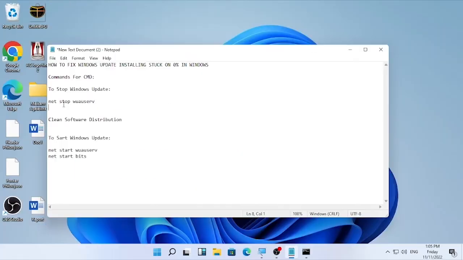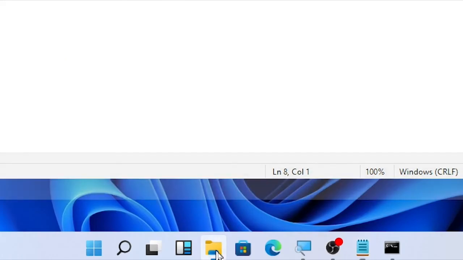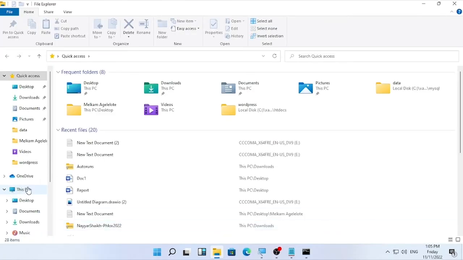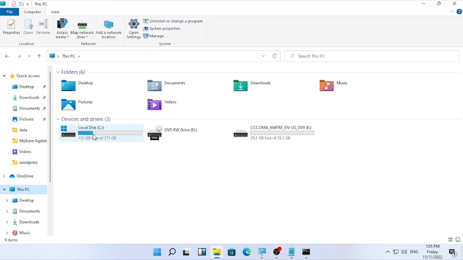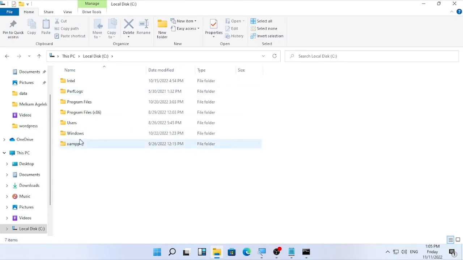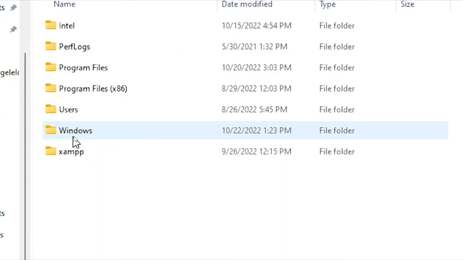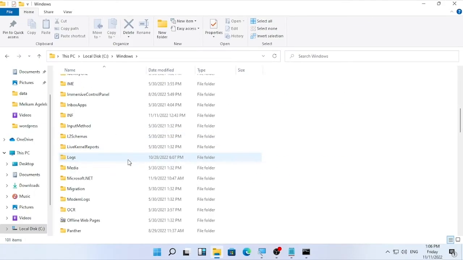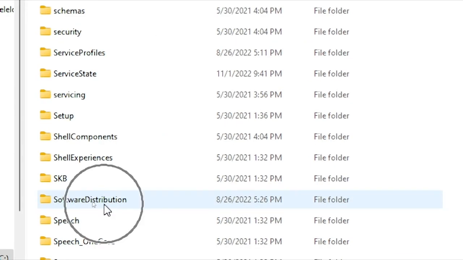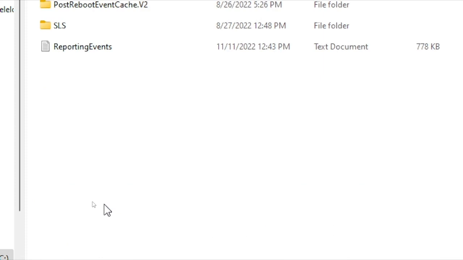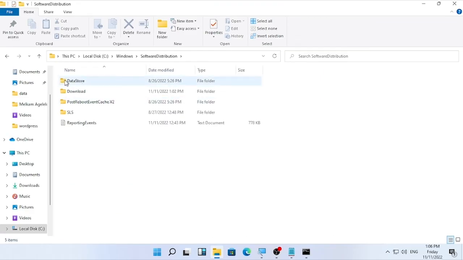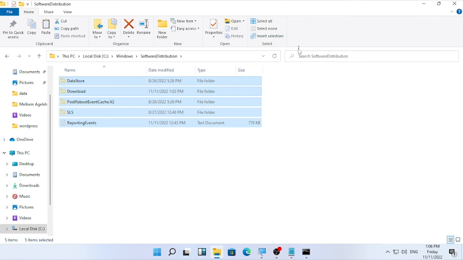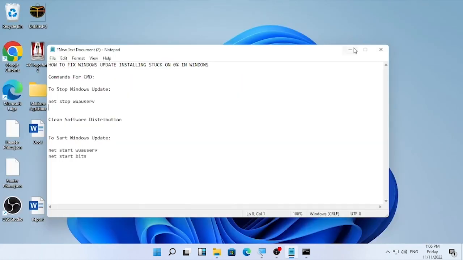So after you stop the Windows Update, then click here the File Explorer and click this PC. Then open the operating system drive that you installed. Then go to here Windows and look for SoftwareDistribution. Here the SoftwareDistribution. So open it and select everything that you find here, then cut everything and create a new folder